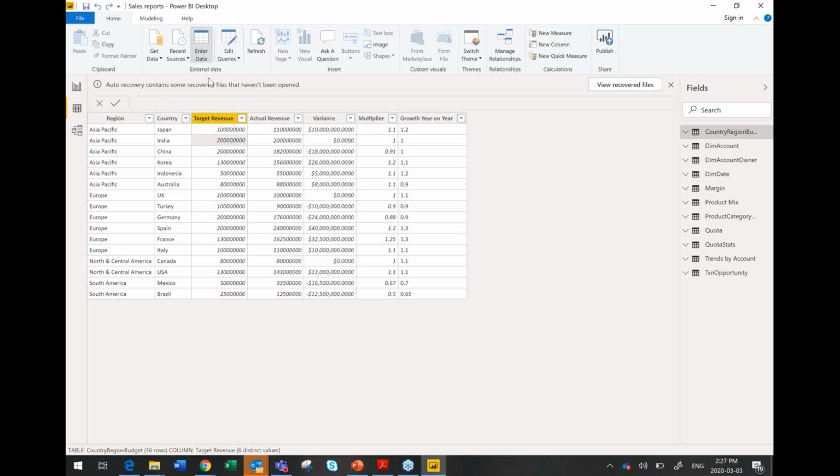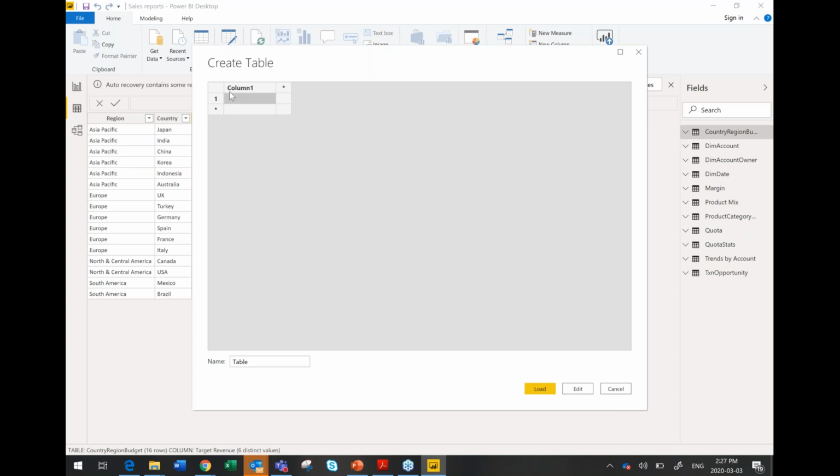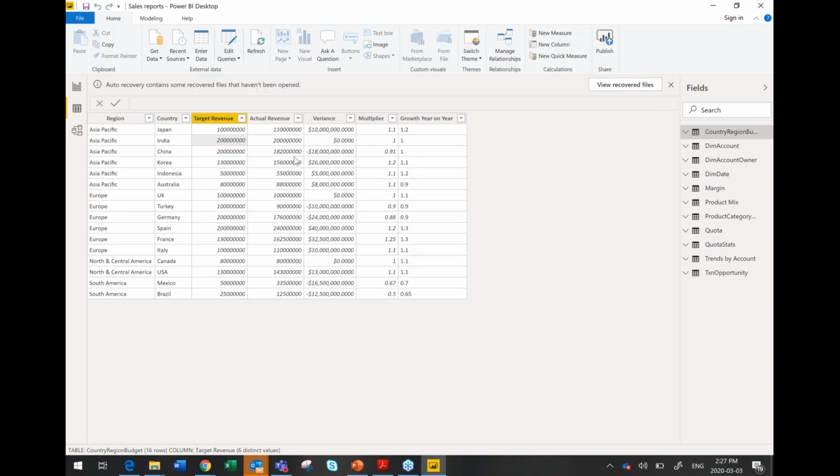So if I was to enter more data or edit my queries, I can actually create more data within here, which has the same functionality as Excel would, and then publish that again to be able to see on a report. There's an ask question feature, like I was mentioning. You can ask queries based on what kind of information you have. So this uses a natural language query for you to be able to say,